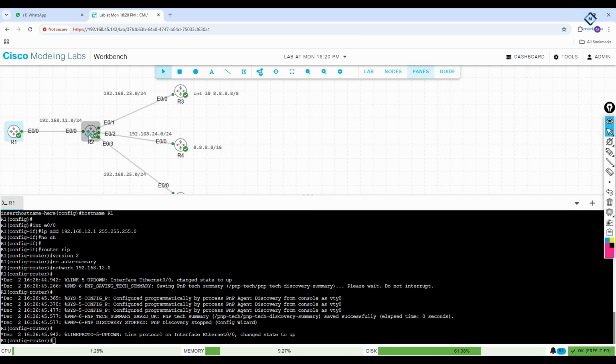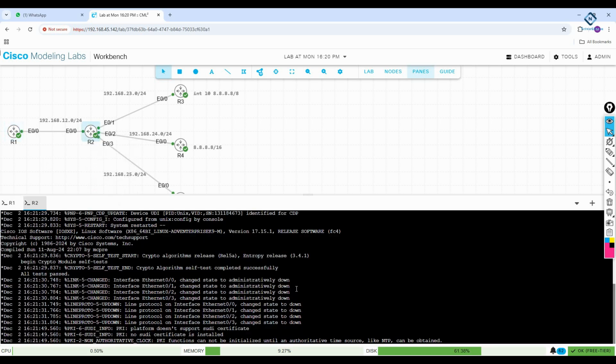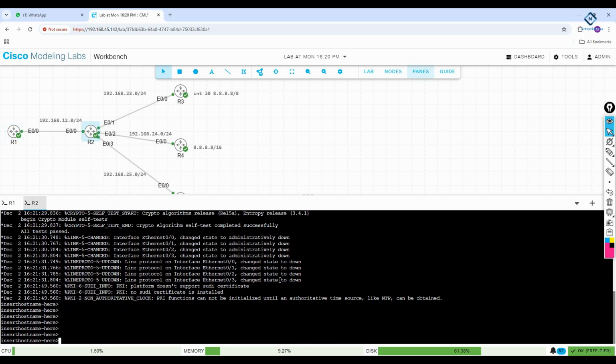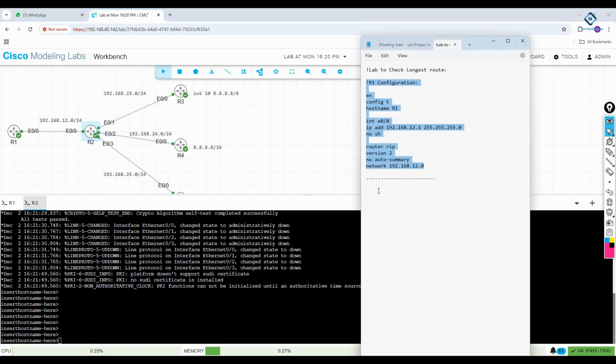So now we need to take the CLI of the second router also. I will take the console of the second router, and here also I need to do the configuration. So let me do the R2 configuration here. Enable, config t, hostname R2, interface E0/0, and the IP address whatever we are using, 192.168.12.2, give space 255.255.255.0 and write no shut here. Then we have another interface, E0/1, and here we can use the IP address